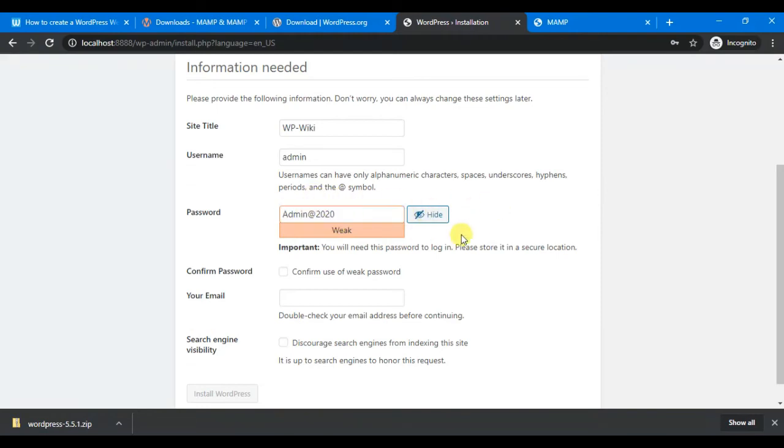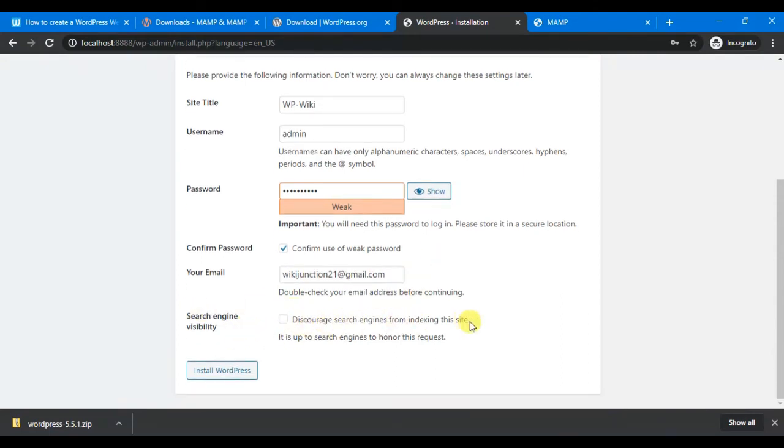Showing weak, it's okay, you can change it afterwards also. Confirm the use of weak password because this is weak. Okay, now email ID, add your email ID here.